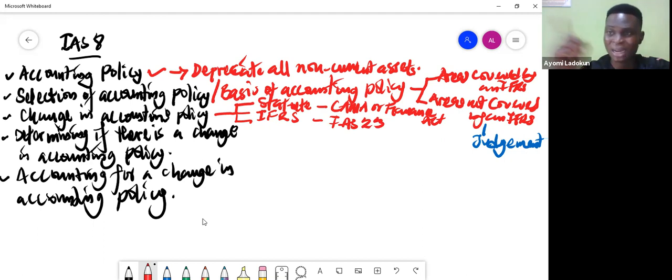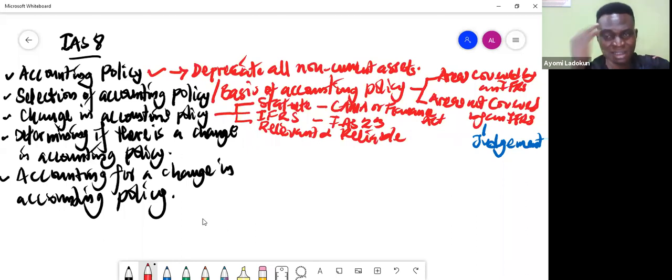If it is not required by an IFRS or by statute, I cannot change my policy. Then number three, if it will make the financial statement to be more relevant and reliable, then I can decide to change my policy. Now, in my thinking, I had problem with that number 3. I had problem. So that means if I think using cost model is no longer reliable, I can decide to